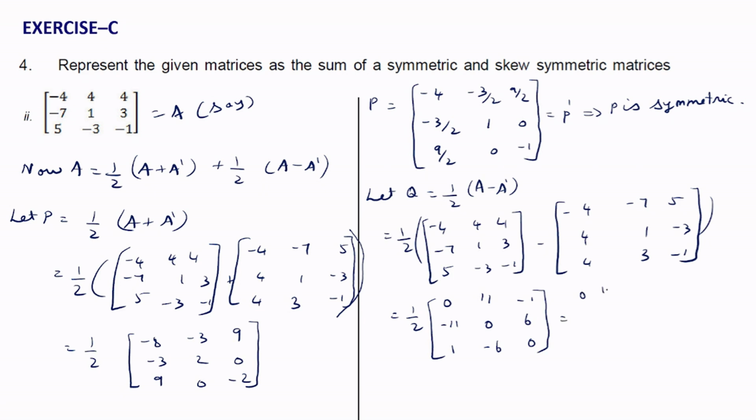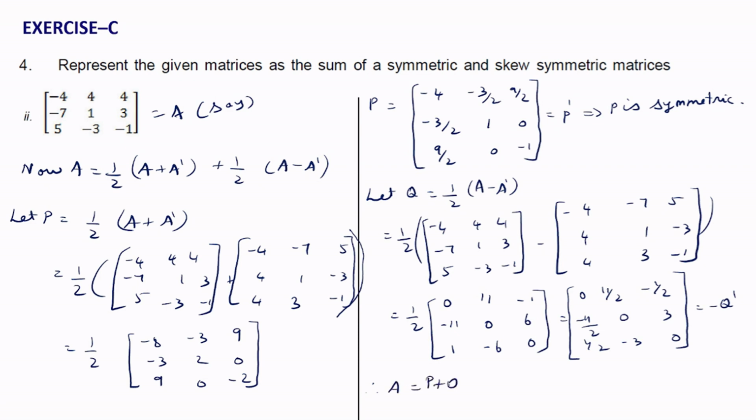This is 0, 11 by 2, minus 1 by 2, minus 11 by 2, 0, 3, 1 by 2, minus 3, 0. This is a skew symmetric matrix. This is equal to negative Q transpose. Therefore, A equal to